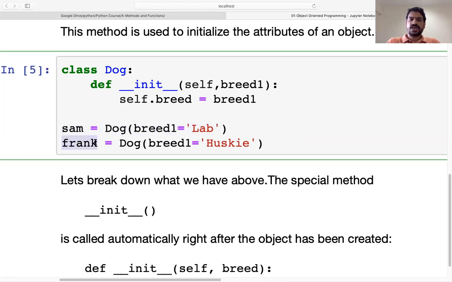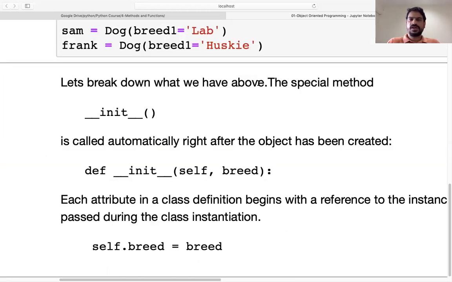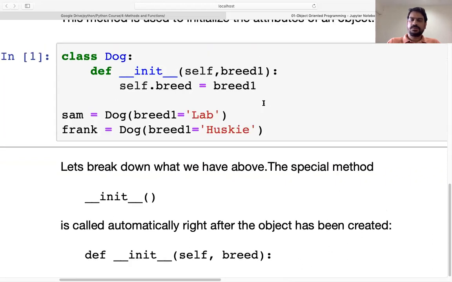Here also we initialize the object with the attribute. And when we call this particular line, this init function will call itself. So we don't have to do anything. We just have to run it. Once we run it, this will be called. And if you want to find out the breed of it, you just have to write sam.breed. It will give you Labrador.